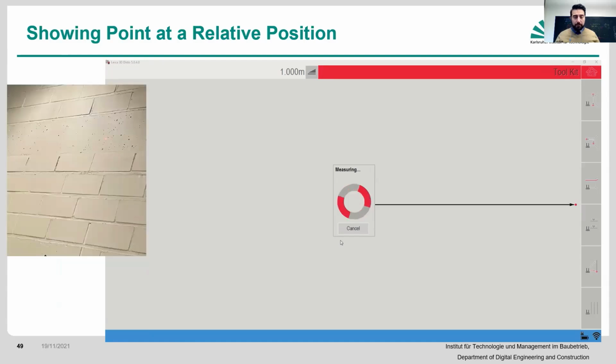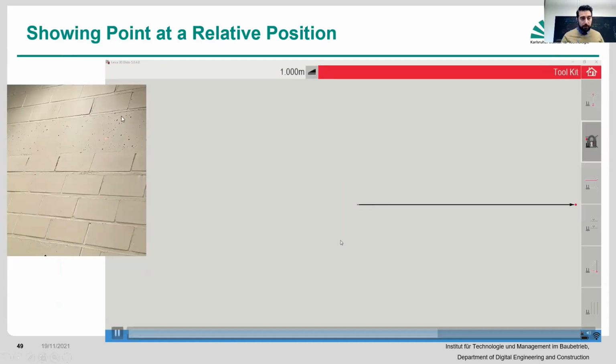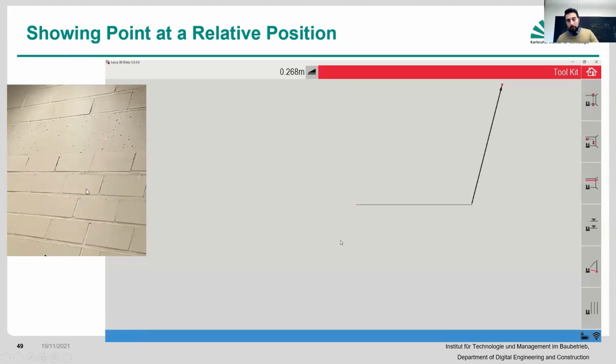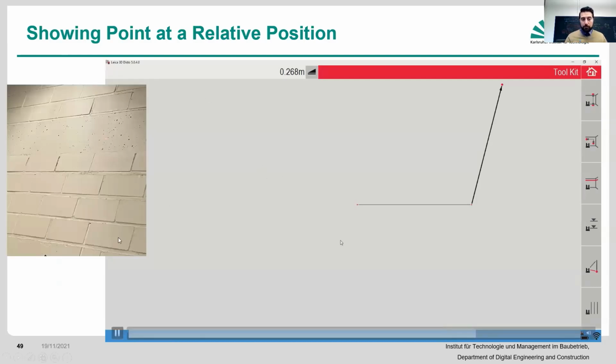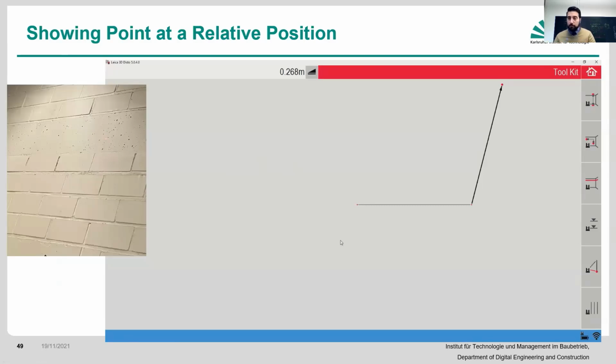And once you have that, essentially, once it's measuring, it basically shows you where it is. And as you can see here, it's this red dot here. I don't know if you can hopefully see it, but that's where that position is going to be with respect to the other point. And this is beneficial. Why? Because we can now utilize this throughout in order for us to be able to find relative positions of